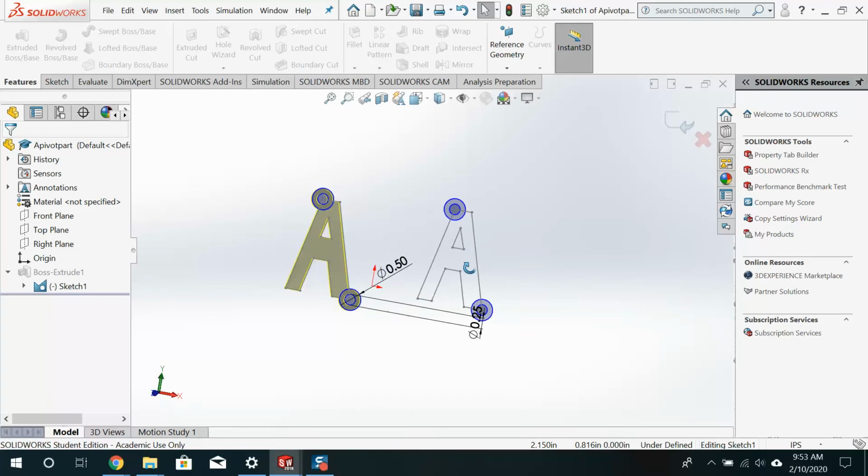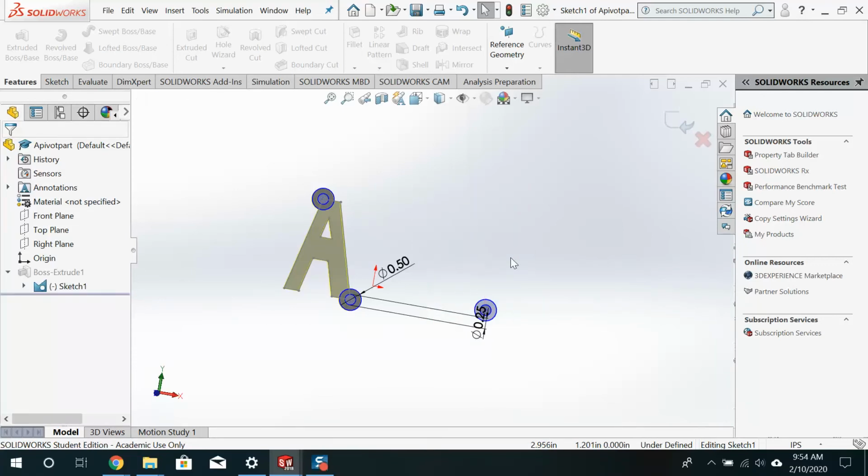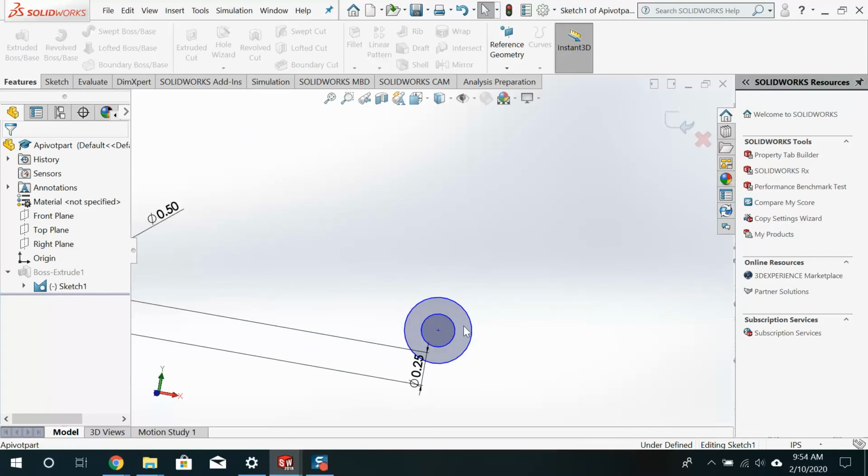So I created these two pivot point locations, and I put circles there because essentially I'm going to put holes there that are associated with bolting through those pivot points. So I'm just going to go ahead and delete them again,